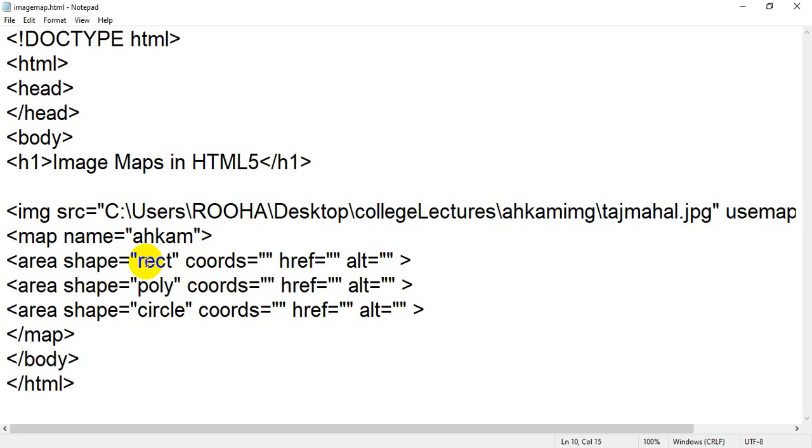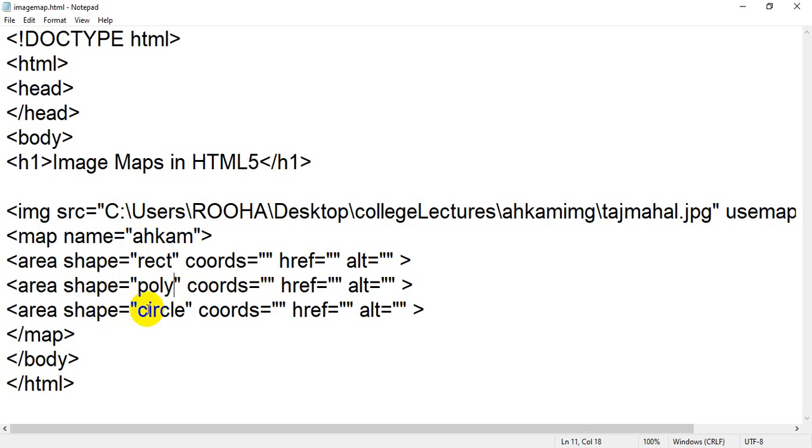In the same way, we have a second valid value for shape attribute, that is polygon, but in the value we will write poly. Means valid shapes we have polygon and rectangle, but when I am talking about the values, for rectangle we write rect, and for polygon we write poly.